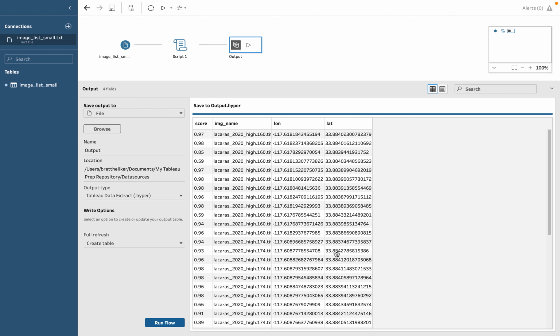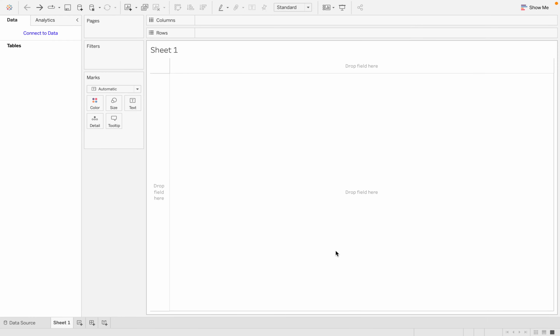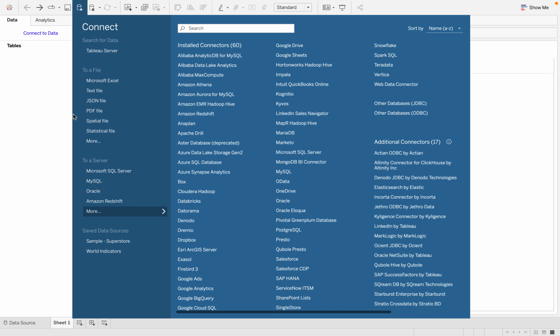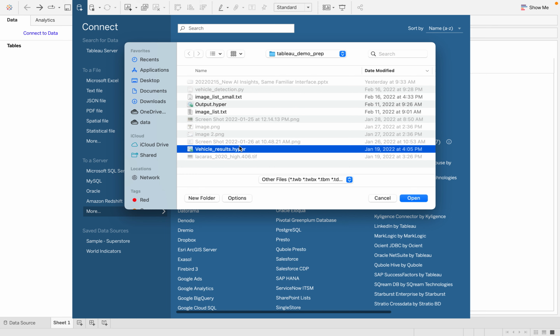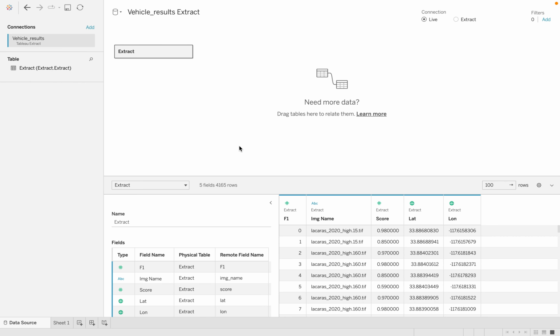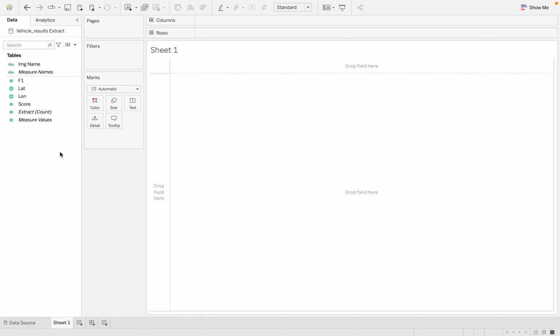But for the final step, I'm actually going to load it into Tableau Desktop. So the previous app was Tableau Prep, where we can run a lot of data preparation. Tableau Desktop is where we can start generating those dashboards, visualizations, all that sort of stuff. So if we connect in, you can connect to just about any data source possible. Tableau's done a great job of that. If we just connect to that result that we just created, again, here's the latitudes, longitudes, the scores, everything that we're expecting.